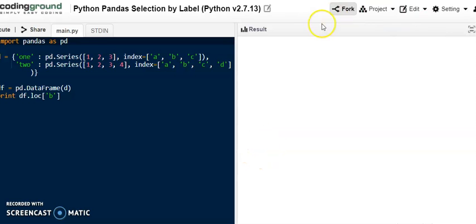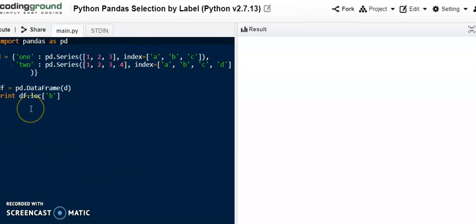Now here we are accessing the specific row data from our data frame. So I have mentioned here the b position data. According to the b position, in the 1 column label the value is 2, and in the 2 label the value is 2 in the b position.